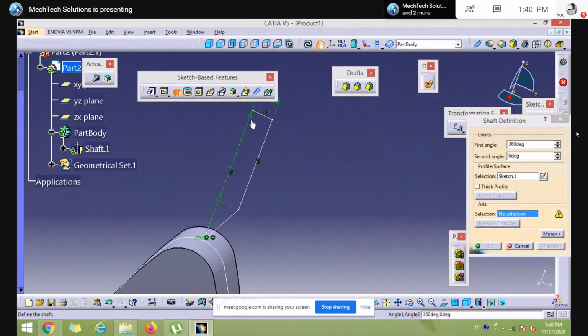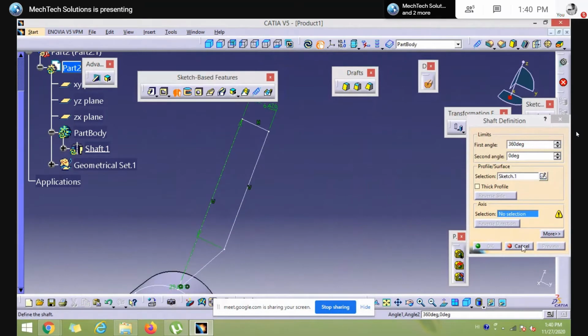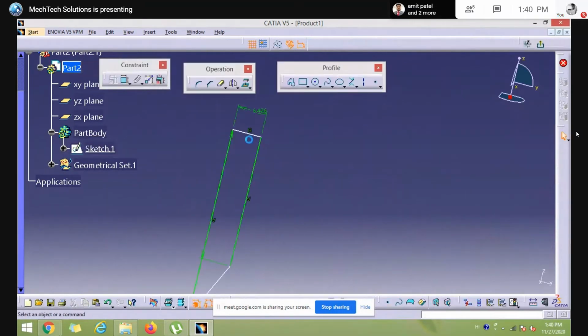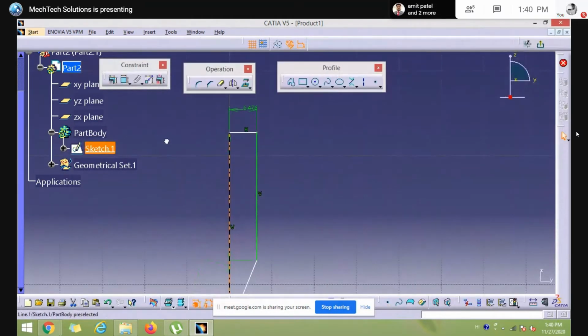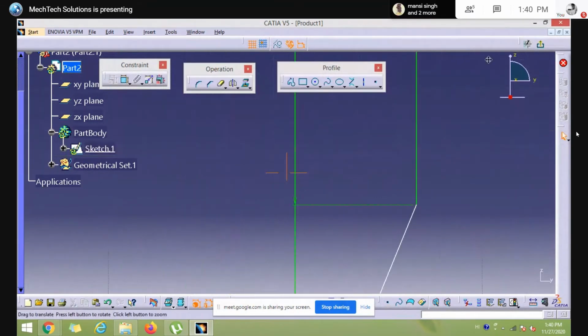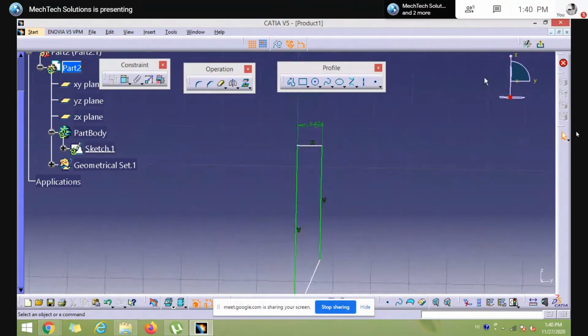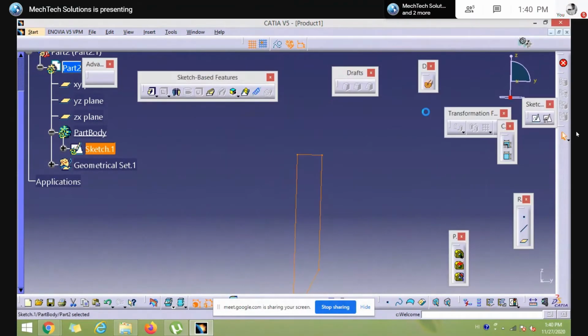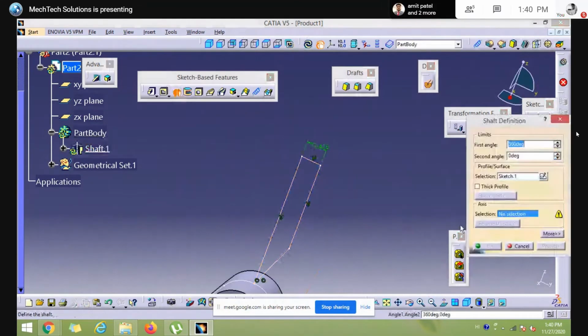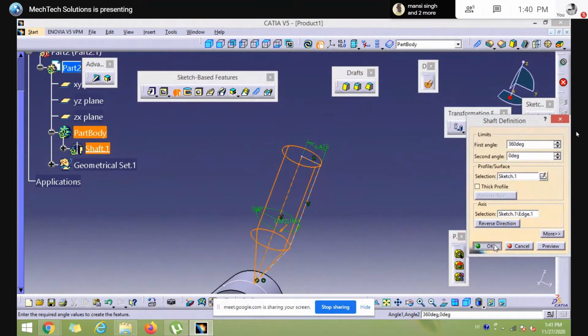It's a vertical axis, but due to a dimension, I am not able to define the axis. Which dimension? This dimension. So I am going to delete it. Remember, because of that dimension I was not able to select the axis. So once again, now I am going to select this axis.